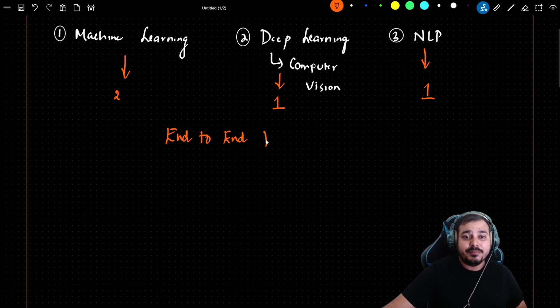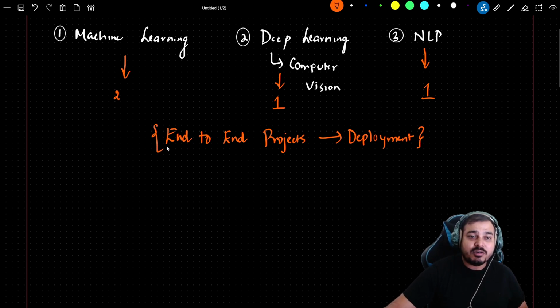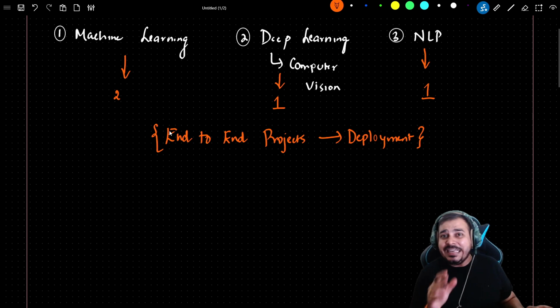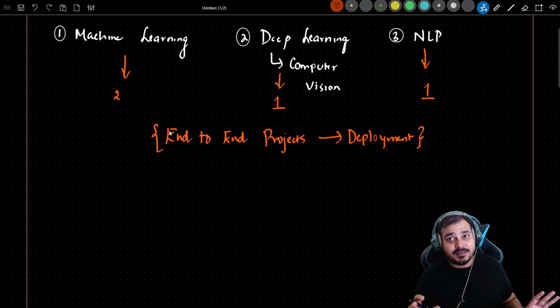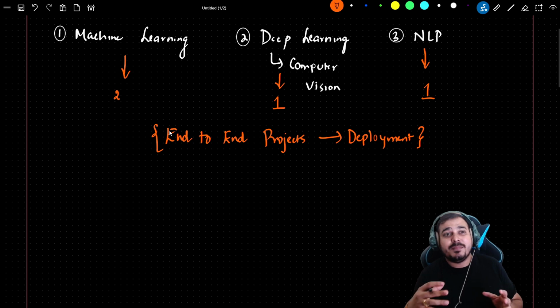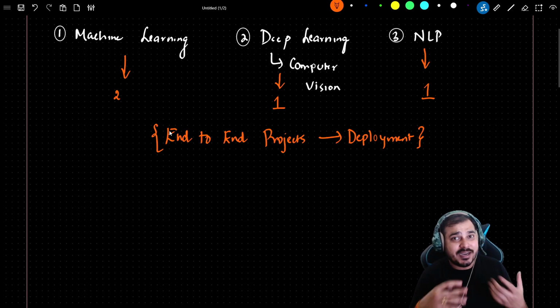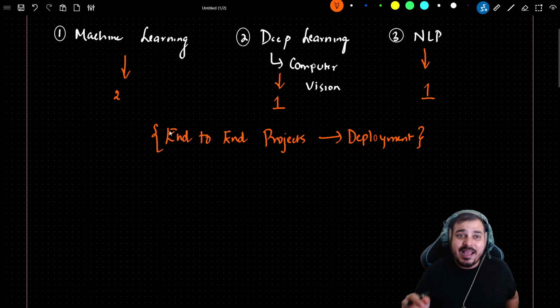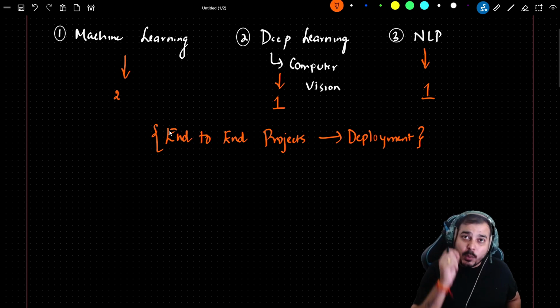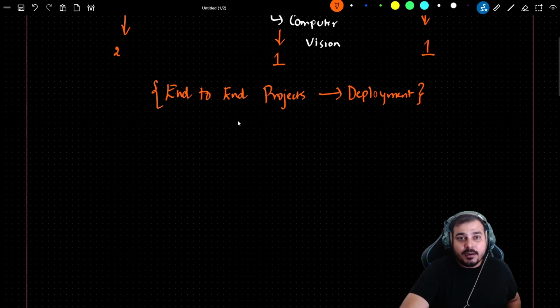Now, an end-to-end project basically means where you have actually done the entire project till deployment. This is a very important thing that you really need to know. If you are able to do this, trust me, nobody is going to stop you. So completely end-to-end projects till deployment are definitely required. Don't hesitate to practice it before going for the interviews, because in the interviews the interviewer may ask you any kind of question, and you will definitely be able to handle it. And this strategy that I'm describing will only work when you're doing some amazing end-to-end projects.